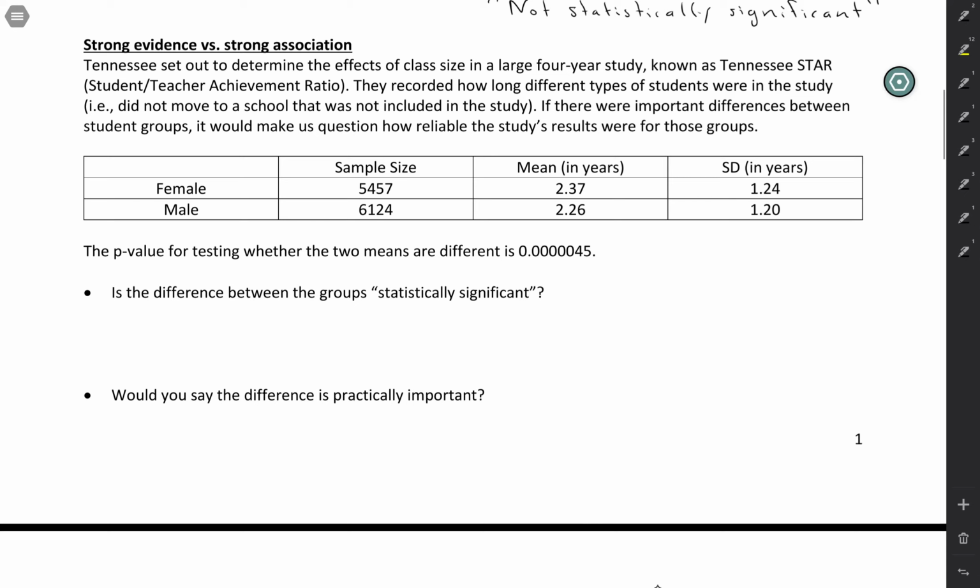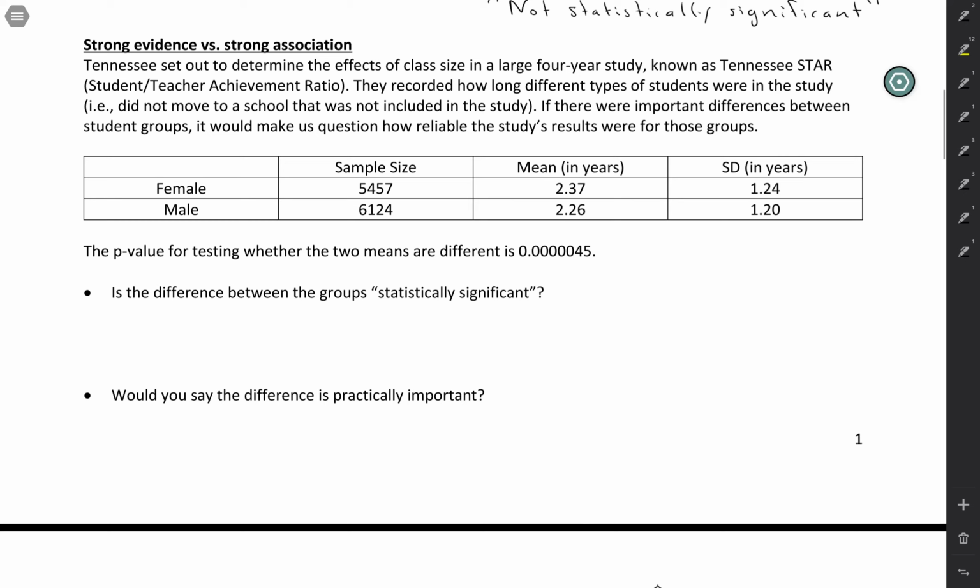This is from a study in Tennessee where they were trying to figure out the effects of class size. It was called the Tennessee Star Study. But as part of that study, they recorded how long different types of students were in the study, meaning they didn't move to a school that was outside the study. And if there were important differences between student groups, it would make us question how reliable the study's results were